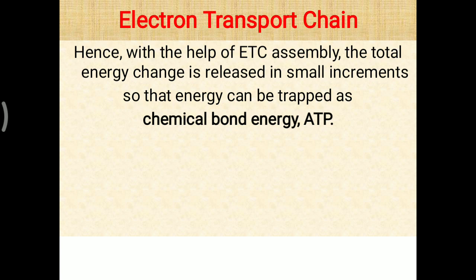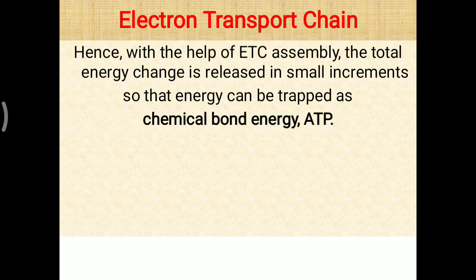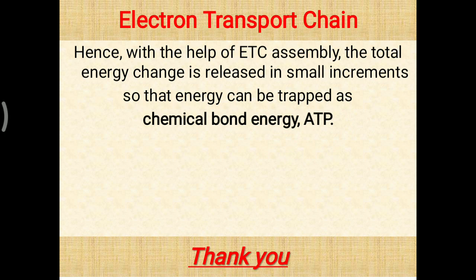Simply, during biological oxidation, electrons are transported from NADH to oxygen and energy is released. Suppose at that time the cell does not need that much energy, but as per the requirement of the cell, that energy is needed for different anabolic processes. So the energy released in biological oxidation is trapped in chemical bond form, that is ATP. This combination of biological oxidation and ATP formation, phosphorylation, is called oxidative phosphorylation. So that's all about the importance related to redox potential and the electron transport chain.